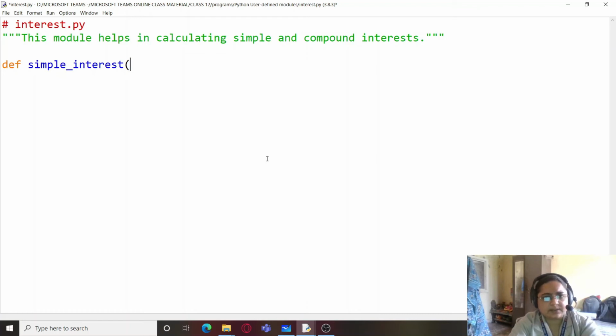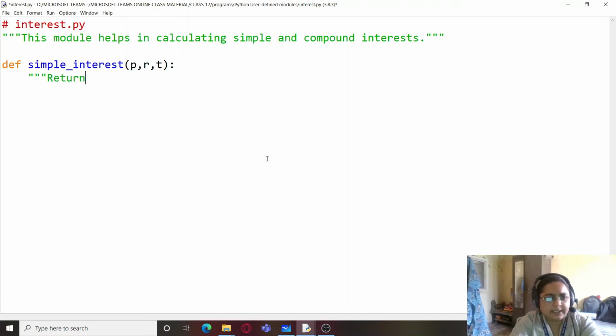which takes three values. We are just going to provide those three values: one is principal, one is rate, and one is time. Here I'm going to provide another doc string which would contain the value which is being returned.